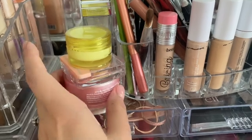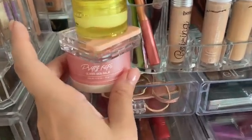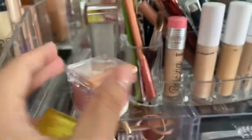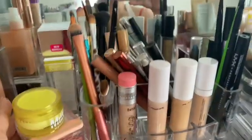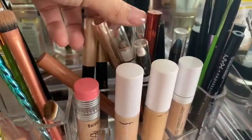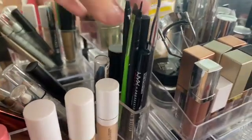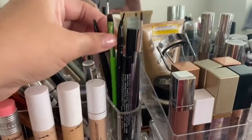And then just random. So I have the Touch and Soul moisturizer primer, Pretty Filter Glassy Skin Balm. I have a Milk moisturizer as well as this eye balm. And then these are my concealer brushes. Back here I have my eyeshadow sticks. Back here I just have another liquid eyeshadow, and then in this little spot right here I have brow